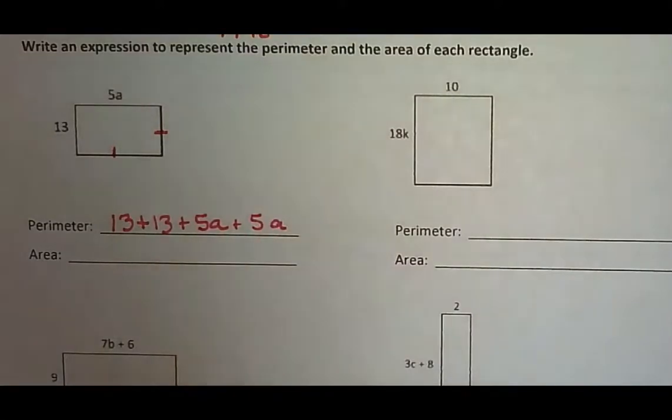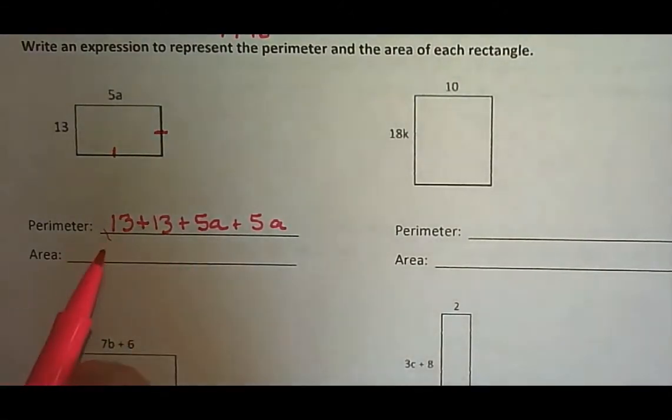Now, you could leave it like that, and I would accept that as correct. But we can combine like terms. That means we can combine the numbers here, and we can combine the numbers that have variables. Think of this as like 5 apples. 5 apples plus 5 apples is 10 apples. But we don't know if these are apples or oranges or bananas, so we can add only those two